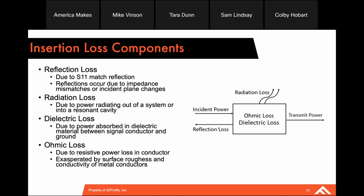Dielectric loss is that DF number we talked about on the Radix. Very critical to have low dielectric loss and keep the percentage of dielectric loss well below the percentage of metal loss. That's how you know you have a low loss dielectric. If dielectric loss starts to exceed that of the metal loss, then your system is just going to be high loss in general. And then ohmic loss, that's the loss in the conductor